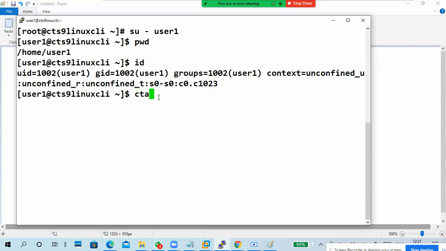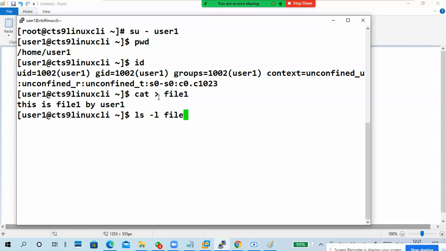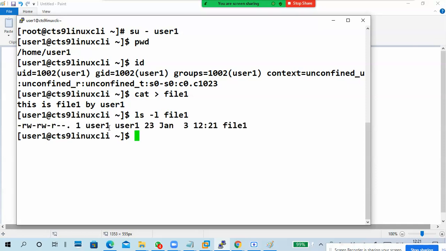Next, I'm going to create a file here. This is file one by user one. Now I'm running ls -l file1. Look here. This is the user and this is the group. By default, the group shows as user one because the user's primary group is user one.